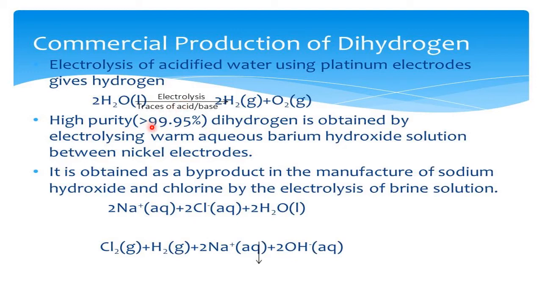Second, hydrogen is also prepared by the electrolysis of what? Barium hydroxide. Ba(OH)2 is electrolyzed in the same way as we electrolyze water. So Ba2+ and OH- separate, and at the same time the H2O, which we use for preparing the barium hydroxide solution, also dissociates into H+ and OH- ions. H+ and Ba2+ go towards the cathode, whereas OH- from water and one more OH- from the barium hydroxide, together total OH-, go towards the positive electrode, and depending upon their strength to lose and gain, they convert into the respective neutral species.